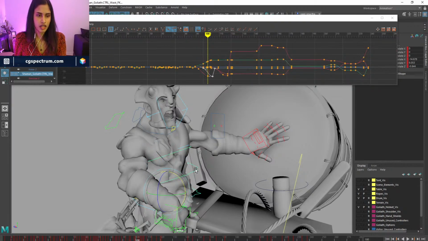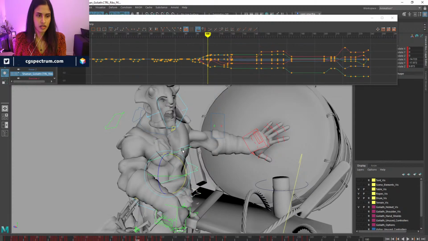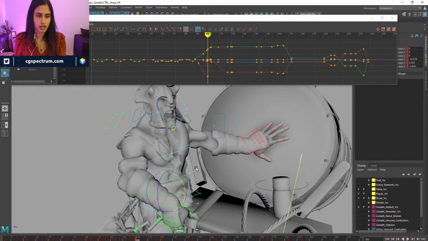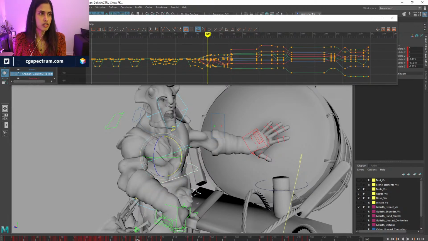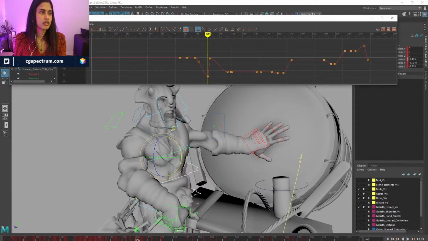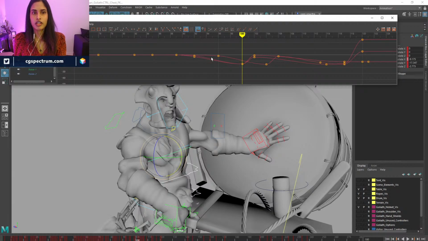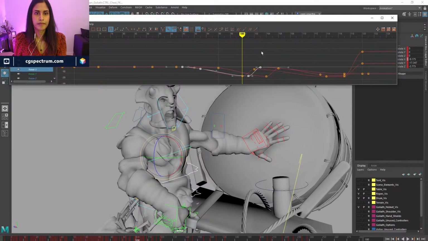So let's say this, so like X, this, so now you see, right? The one is moving. We didn't move the other one. Okay. Yeah.